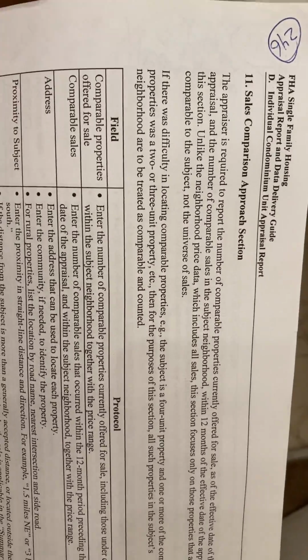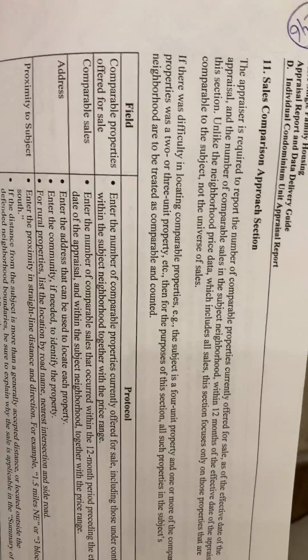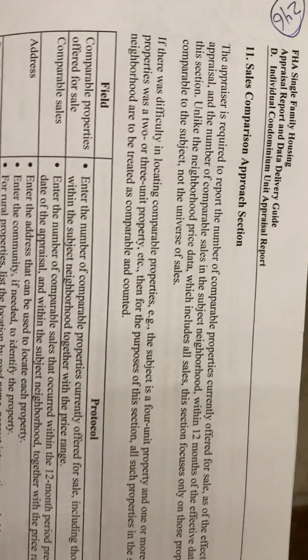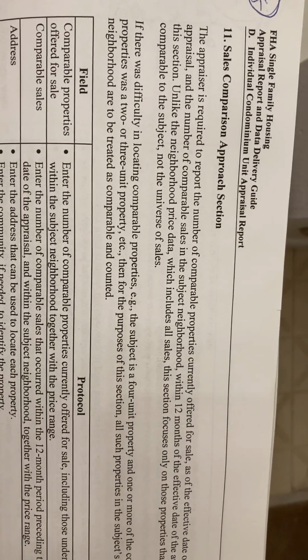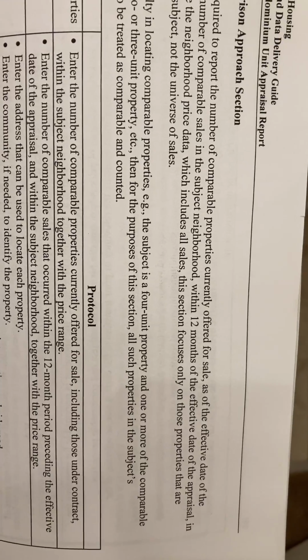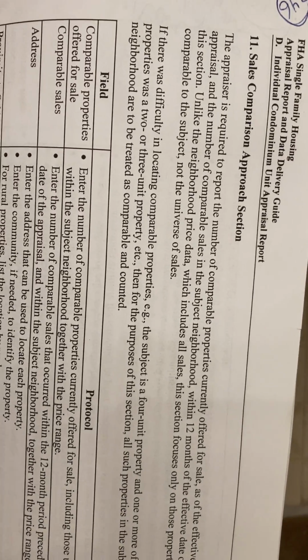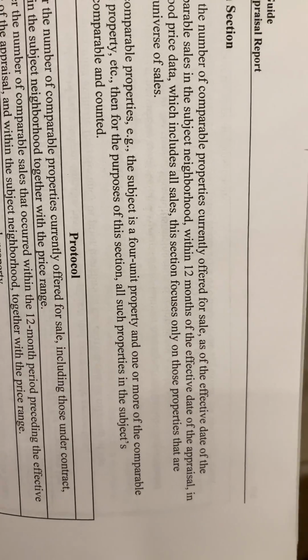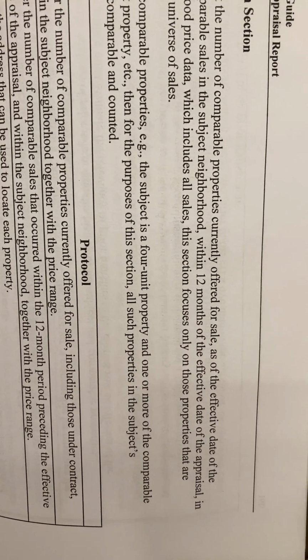FHA SFR Appraising Handbook 4000.1, page 246. 11. Sales Comparison Approach section. The appraiser is required to report the number of comparable properties currently offered for sale as of the effective date of the appraisal and the number of comparable sales in the subject neighborhood within 12 months of the effective date